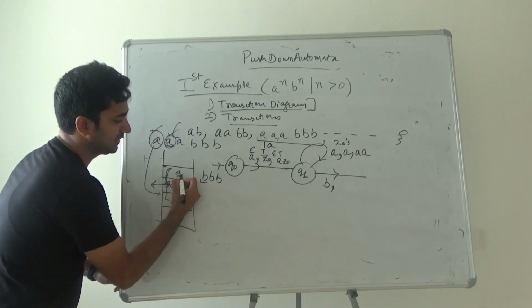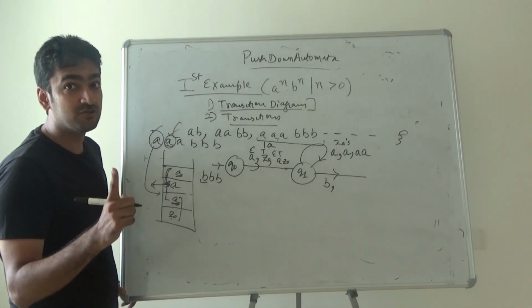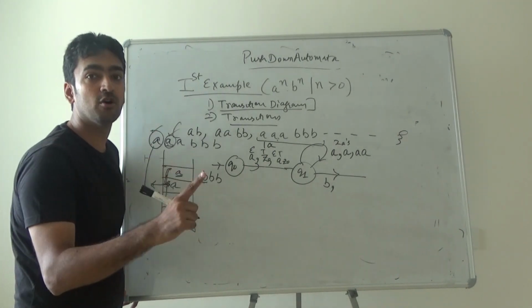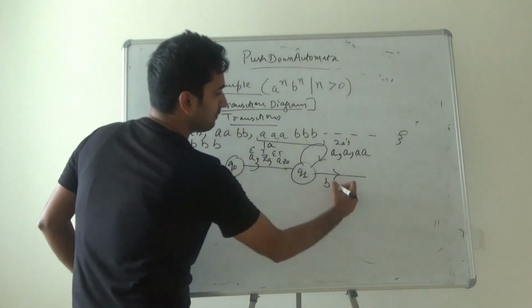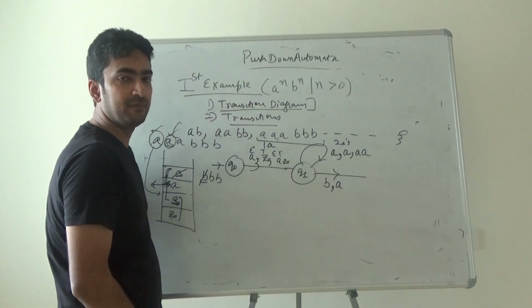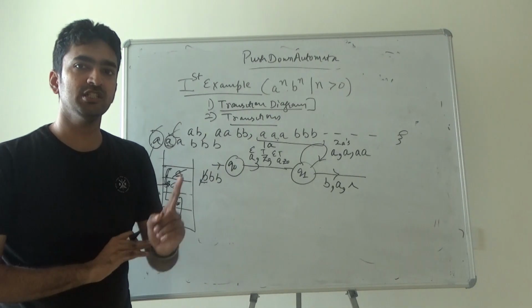Top of the stack is this A. And guys, let me tell you, B is used for pop because it is used for matching operation. B will take A out. B comes, checks the top of the stack is A, it will remove this A, and the answer would be null. For pop operation, the answer is null.